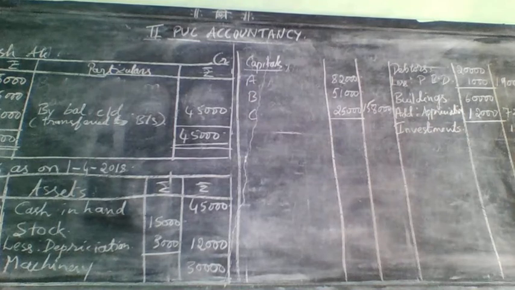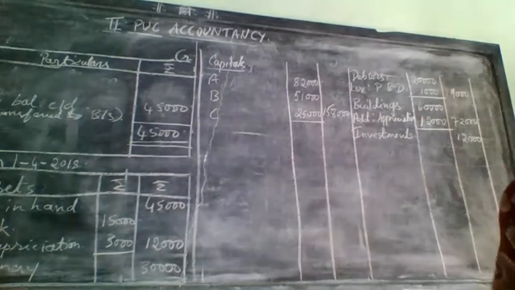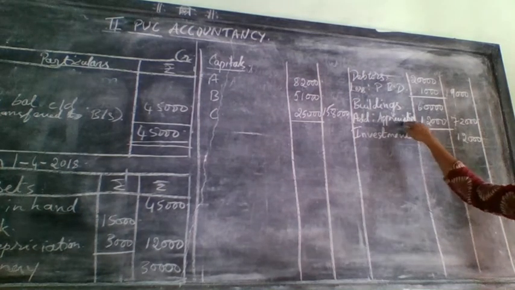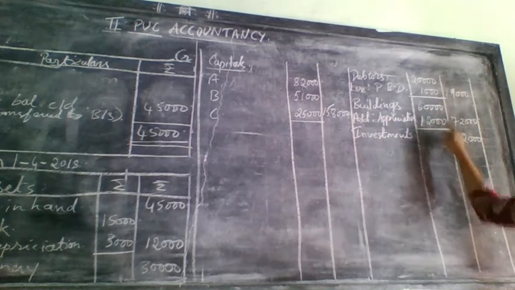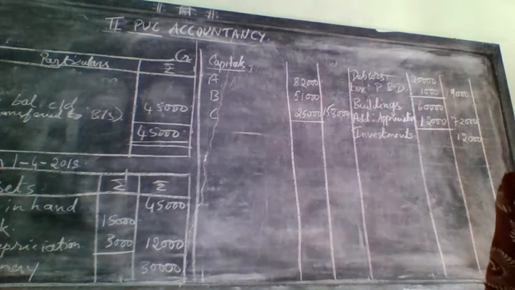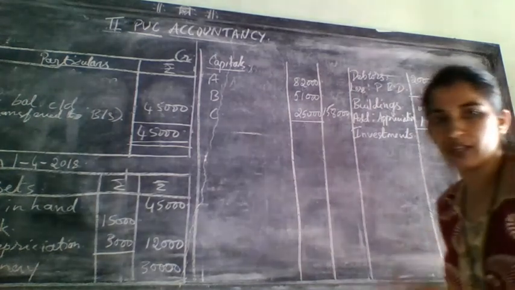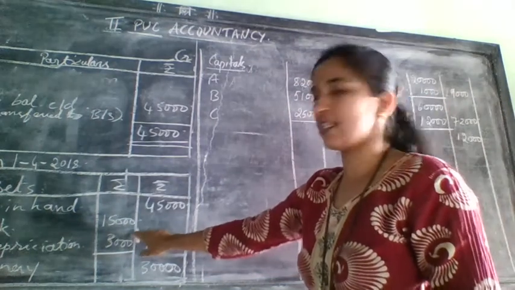Next is appreciate building 20% and stock revalued at 12,000. So this also came 2 times. One time it came in which one? One time in the revaluation account, credit side it came appreciation, and one more time here in the balance sheet we have added to the asset. So one more time it is over. So 2 times also it is over. Next, stock revalued 12,000, that is one time you have taken as depreciation on which one? Revaluation account asset side, and one more time you have taken here on the asset side of the balance sheet.